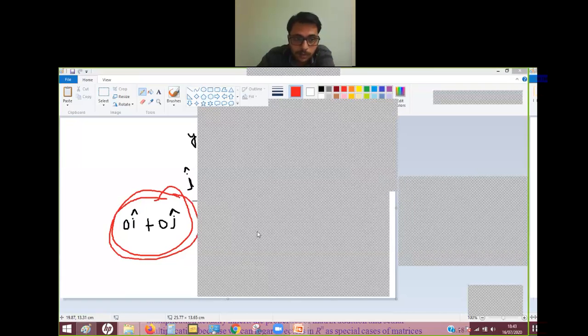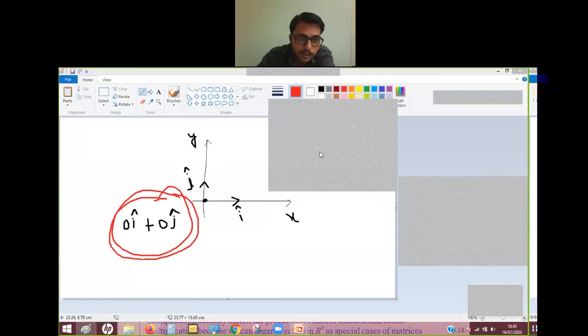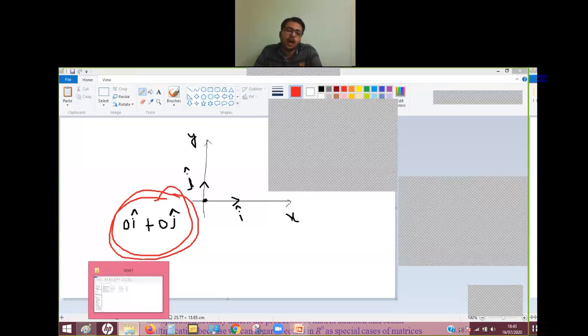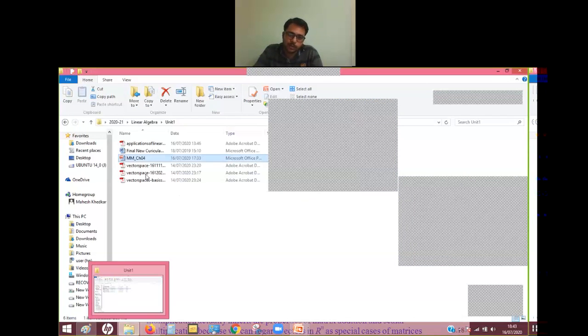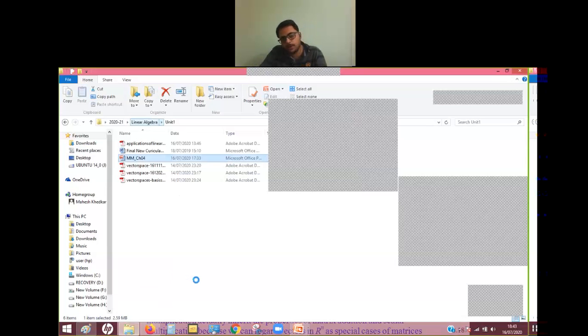I think you are able to view the Paint screen. I'm just trying to represent a zero vector. Suppose we are in R2, and R2 is represented by this. Then please tell me how we are going to represent it. Just now you told that it will be represented using a dot. R2 has two components, in x direction and in y direction.